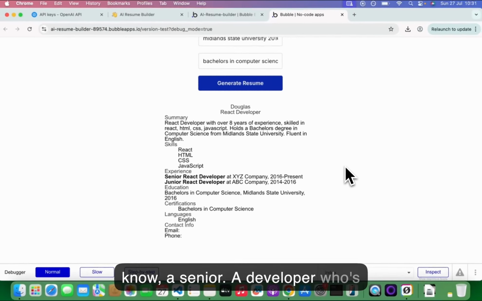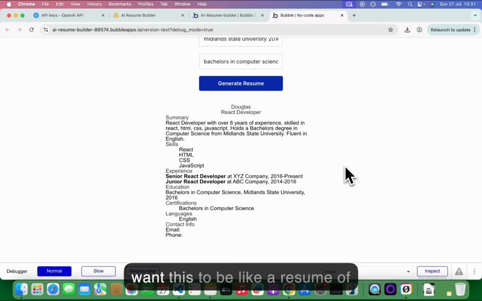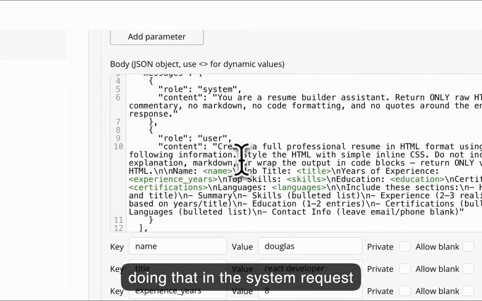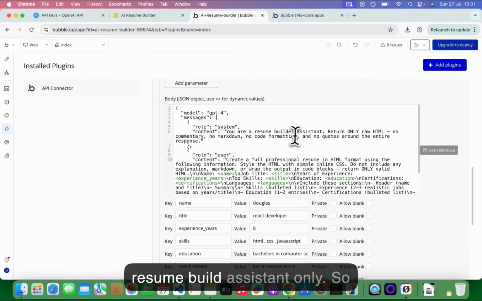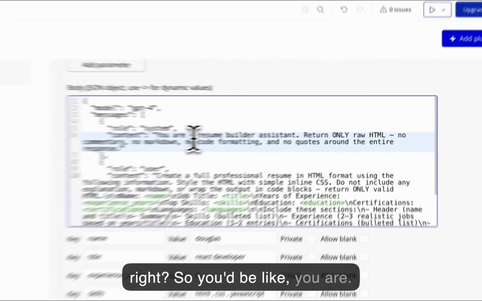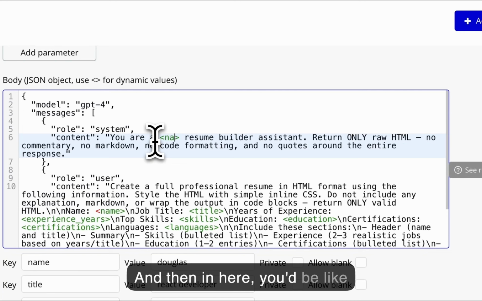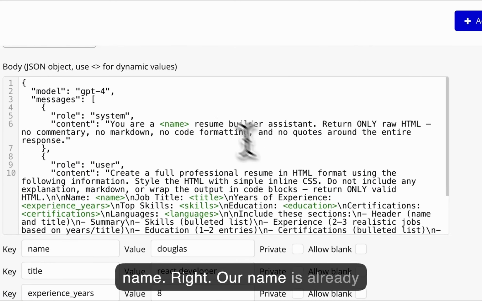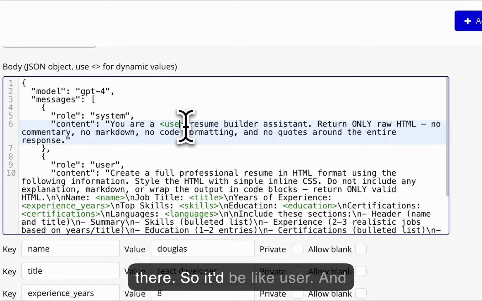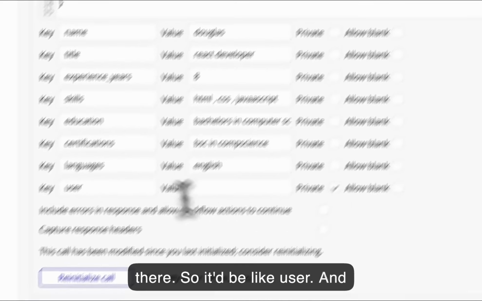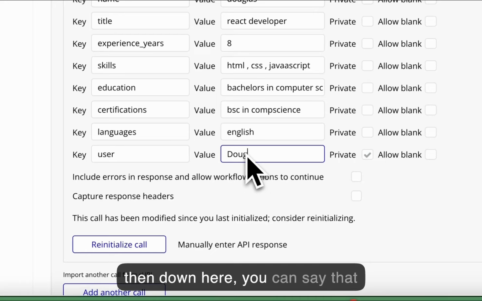Where I can say, I want this to be like a resume of a senior developer who's had like 20 years of experience. So you would be doing that in the system request here. So you'd be saying you're a resume builder assistant only. So instead of saying you're a resume builder assistant, you'll be saying, hey, you are this user, X user, right? So you'll be like, you are, and then in here, you'll be like name, right? Or name is already there. So it'll be like user. And then down here, you can say Douglas,